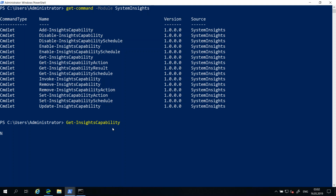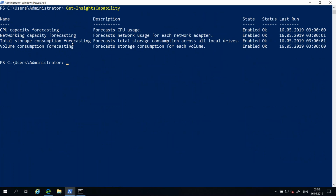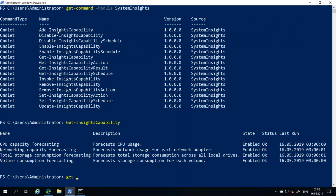So list me all these capabilities, and you can see now here that I have those 4 capabilities I was just talking about: CPU forecasting, network, storage, and volume consumption. So this is really what we want to have. Now, I want to go and see the status for one of these, right? So what I can do is I can go and say get insight